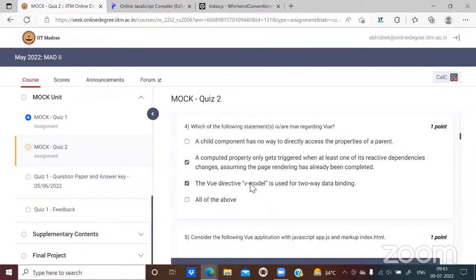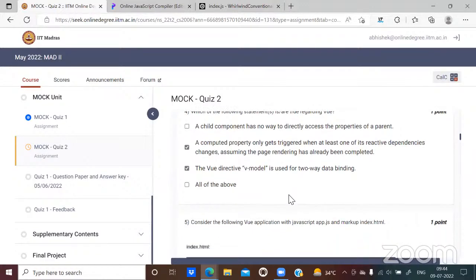So yeah, that's true as well. I think no one should be having any issues with the third option. That's quite a simple one. Since this is an MSQ, two options are correct. The first option is not.